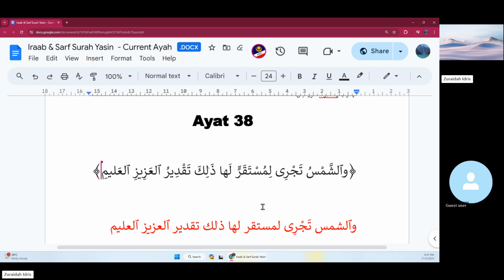And we can actually do the Irab quite quickly as well. This one, Zalika, this is Isim Ishara, right? And there is no Alif Lam. This is Zalika, there is no Alif Lam here. It's Taqdiru, there is no Alif Lam, it is light. This is Mudaf. Right? So how would I translate this? How would I look at this sentence when there is no Alif Lam here? Zalika. This is